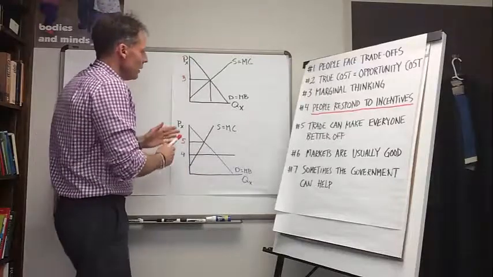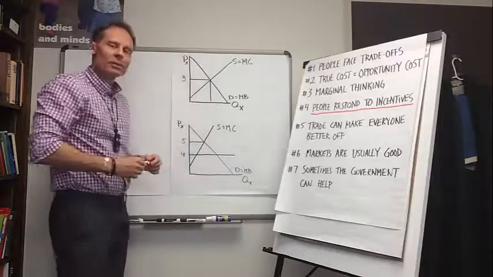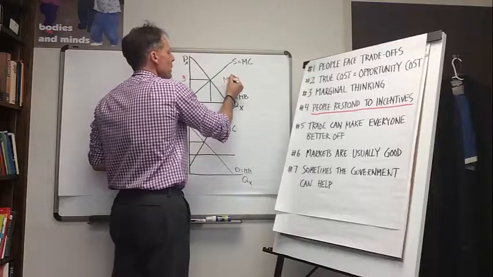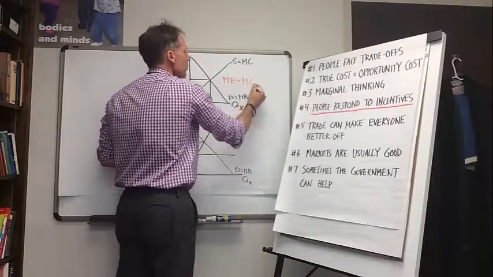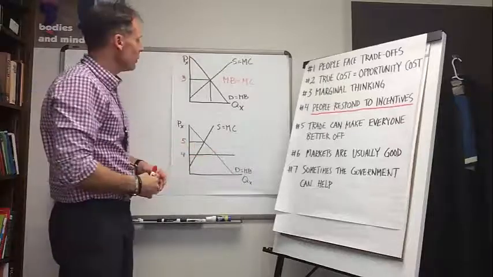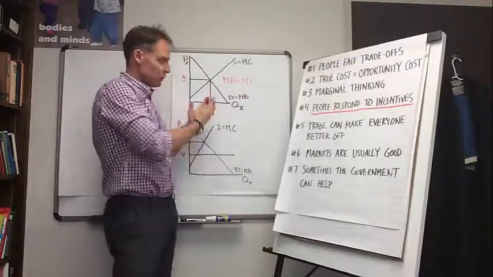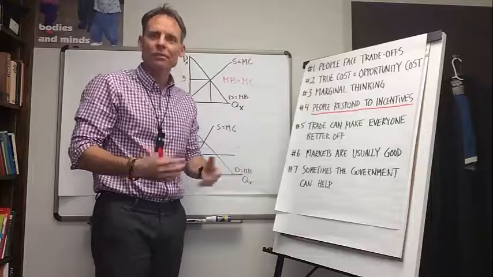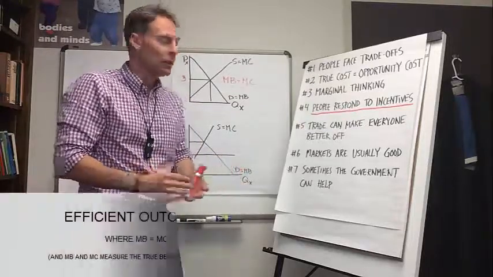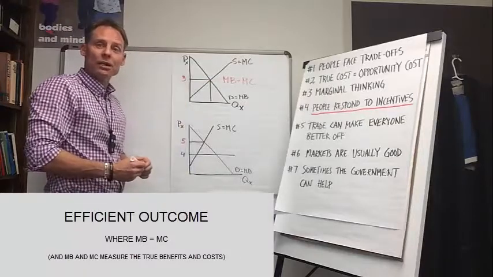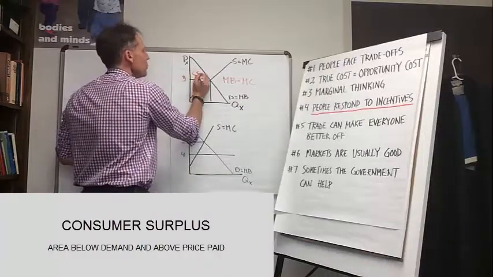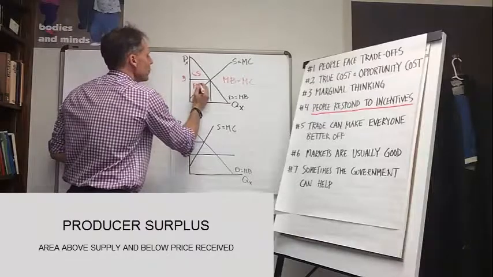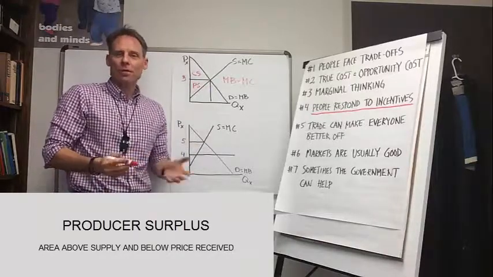Right now we have an intersection of the demand curve and the supply curve, and that intersection shows that the marginal benefit is in fact equal to the marginal cost. And in a perfect world, the marginal benefit and the marginal cost shown by consumers and producers, values and cost structures and these kinds of things are in fact the true cost. And therefore, this will be an efficient outcome. So we would have consumer surplus here, the area below the demand curve and above the price consumers pay. And we'll have producer surplus right here, the area above the supply curve and below the price that